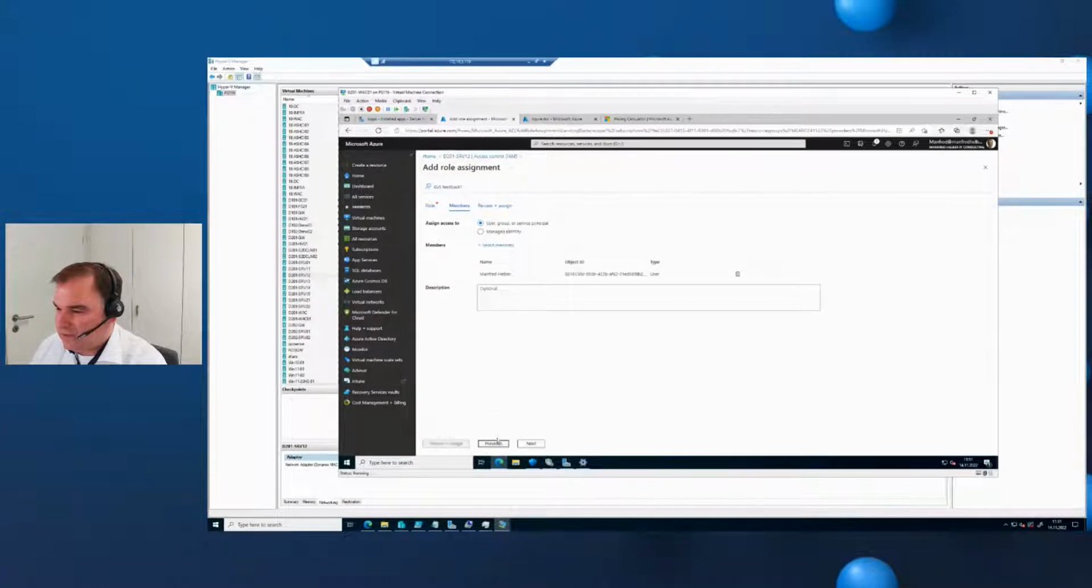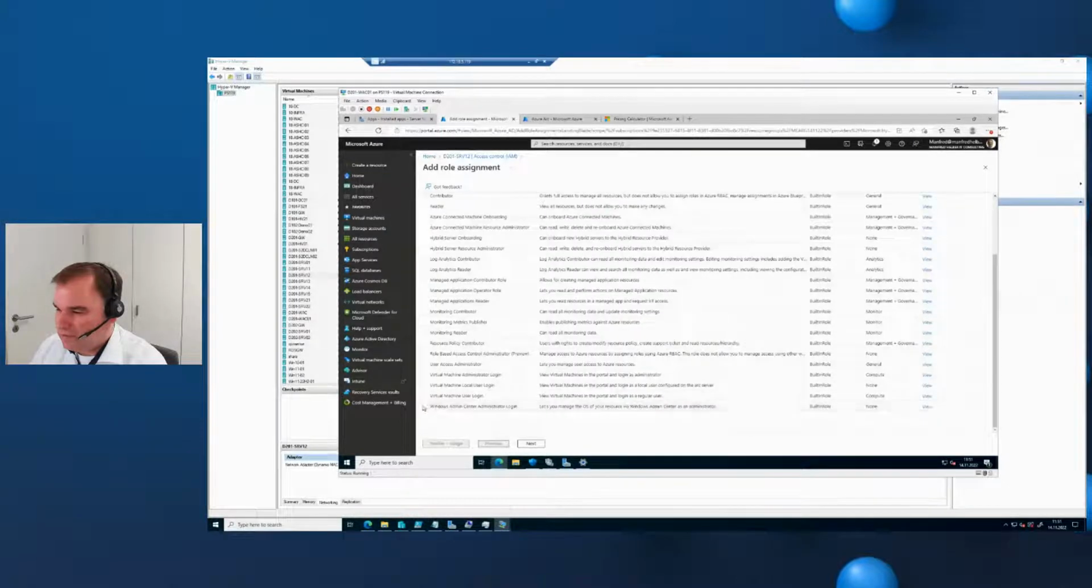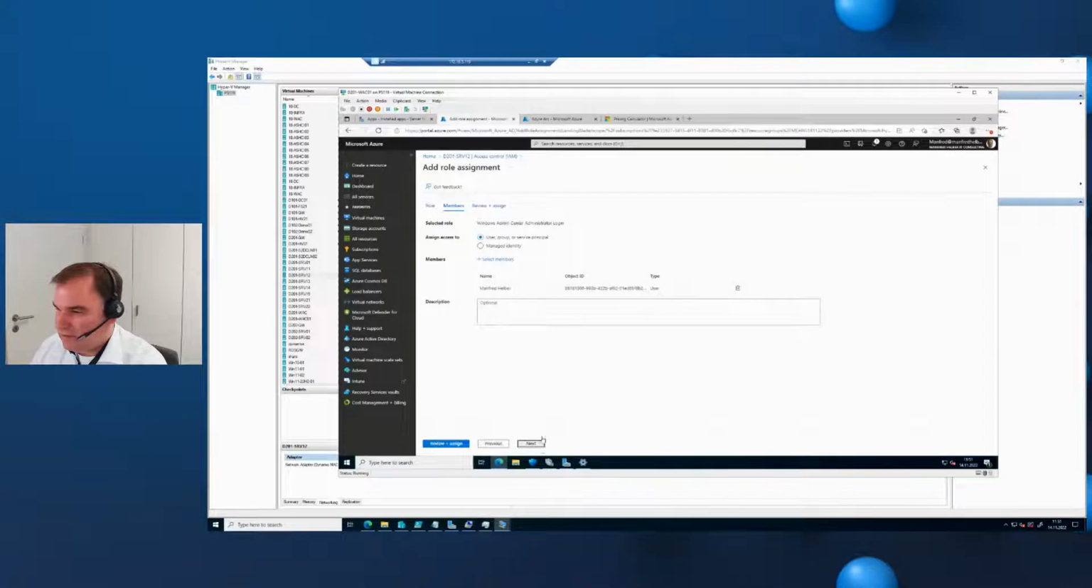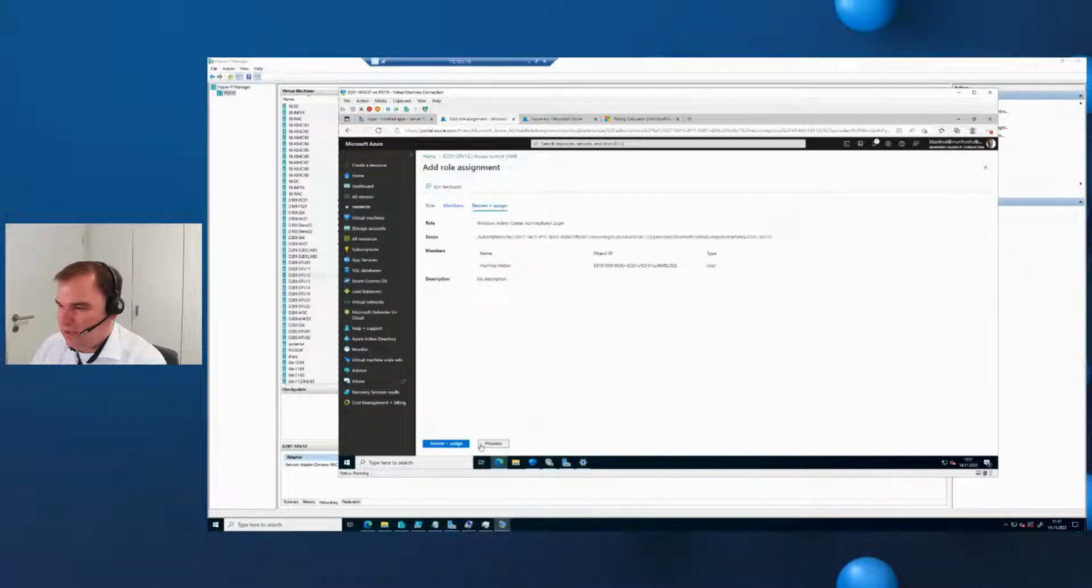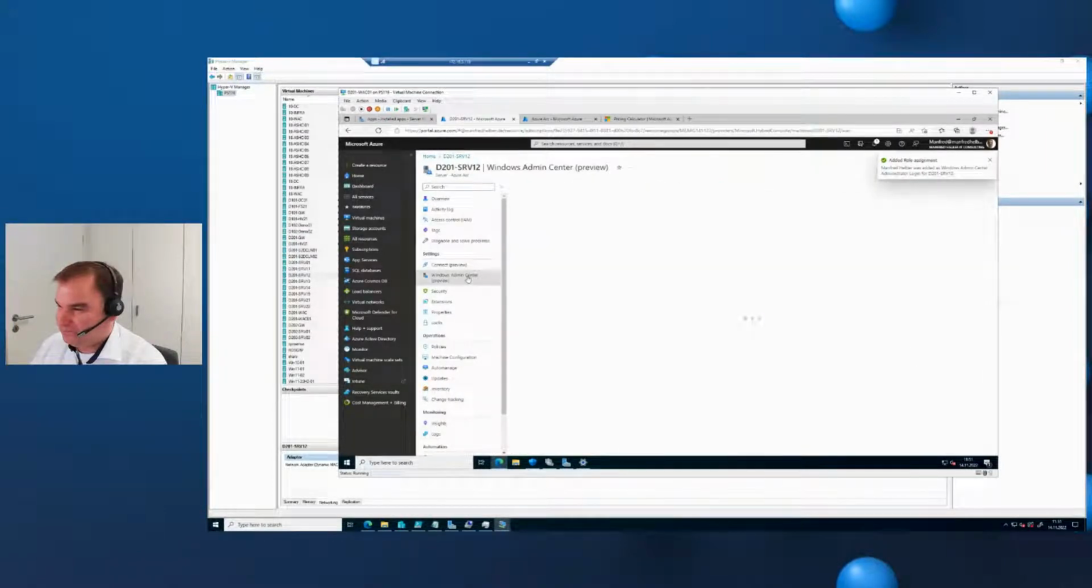So didn't I select a role? I didn't select a role. Windows Admin Center administrators. Yes, Windows Admin Center administrators login. Manfred is the user, and I will add this user, review and assign. And when I go back to the Windows Admin Center now,